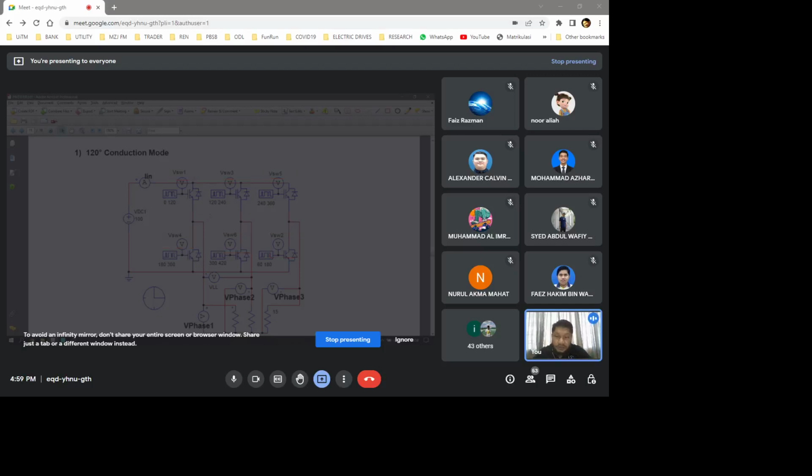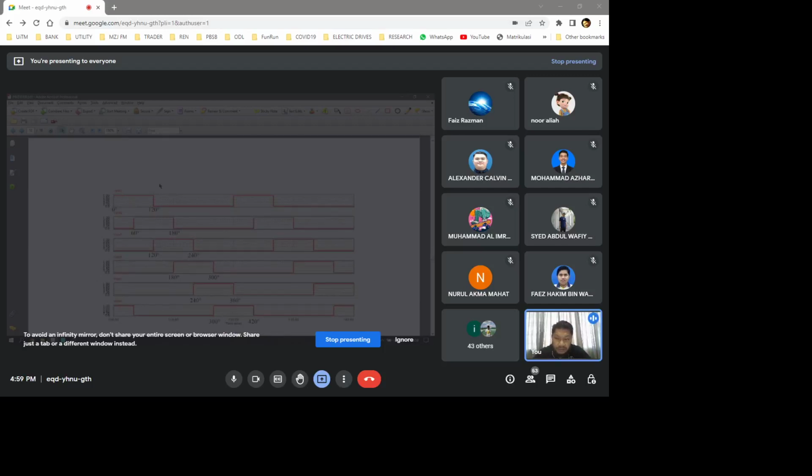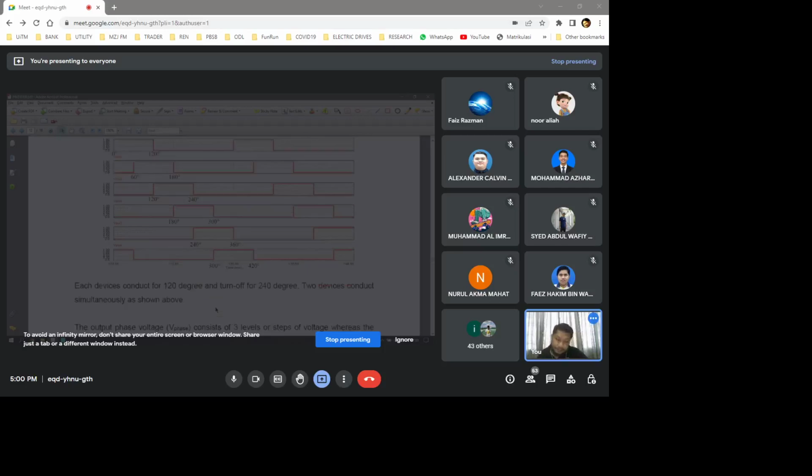What is 120-degree conduction mode? Okay, he will explain to you. This is 120-degree conduction mode. So this is switch 1, switch 2, switch 3. So let's say you mess up with the labeling. Of course, the switching will be different, isn't it? And you mess up with the output voltage waveform, you're not going to have the actual output voltage waveform. So it must be arranged in this manner, S1, S2, S3, S4, S5, S6, and your pulse from 0 to 120 degree, and then you shift 60 degree, another 120 degree for switch 2, and the rest. Okay,